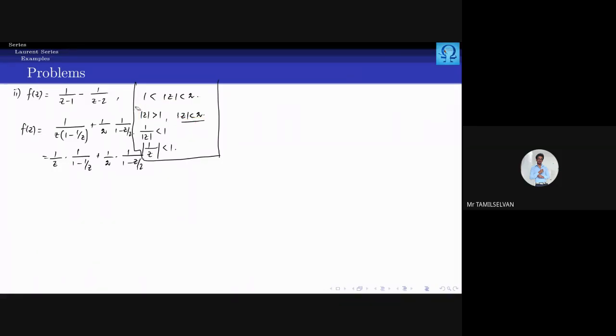When you have something of this form, you remember that we can expand 1 upon 1 minus z or 1 upon 1 plus z. We can give the expansion, which is valid in this region only. So whatever you have, you will have to try to convert your region into this form, and you can do whatever changes you need. Here we have it in the form of 1 upon z minus 1, but it is valid in this region.